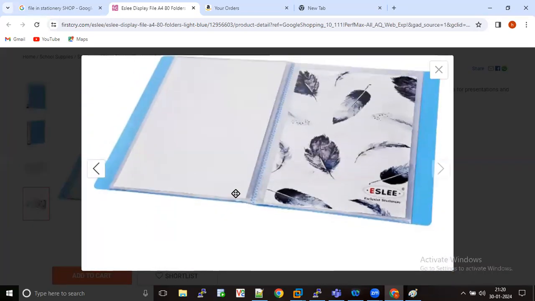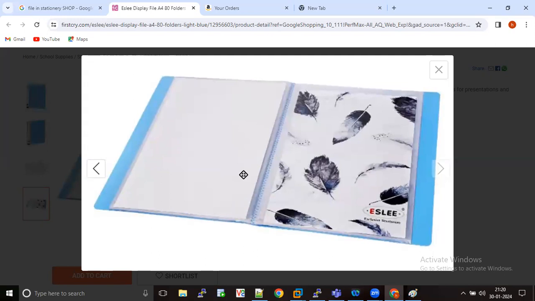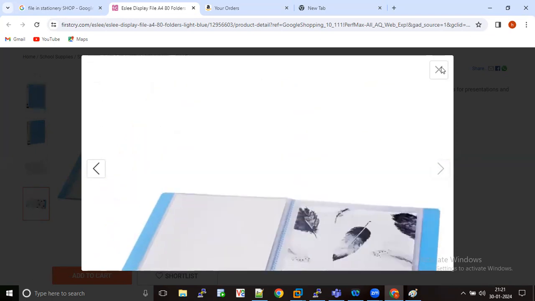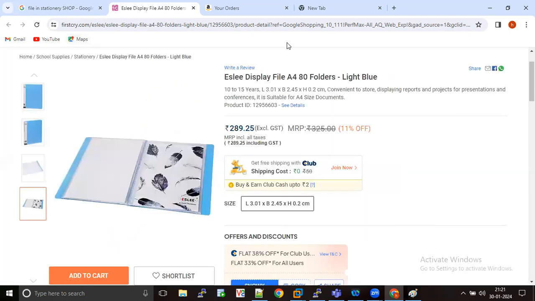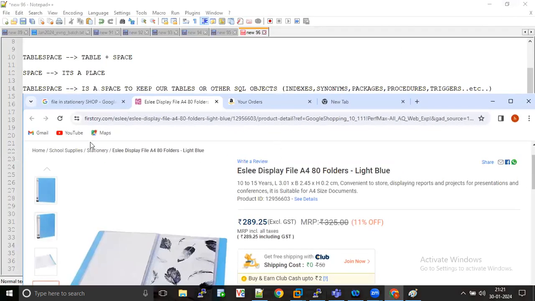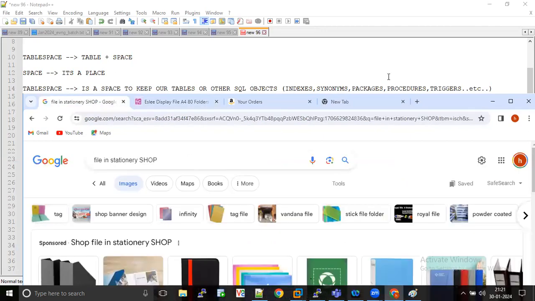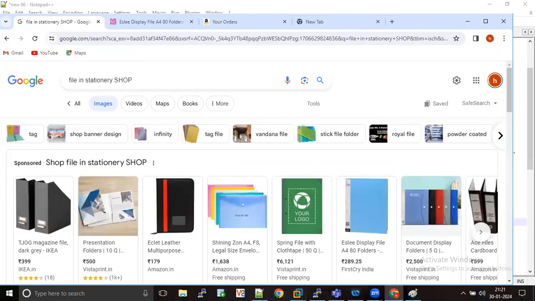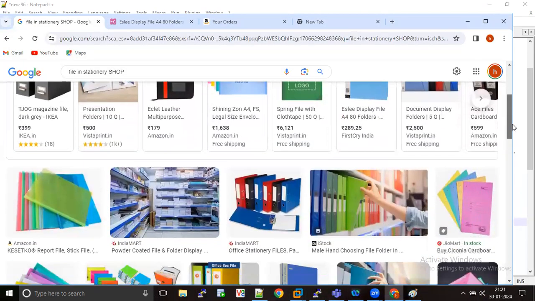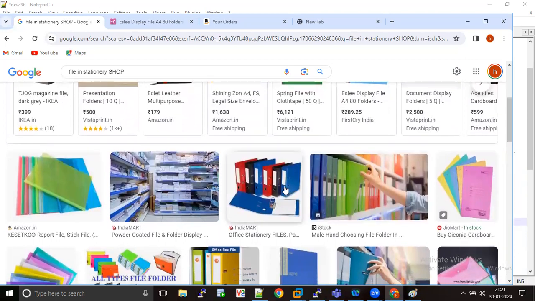In this file, we can add pages. Let's assume initially they give 50 pages, and after that we can extend it. All these days we keep our certificates and everything in this type of file. Where are you keeping the certificates? In files, right? Yes. If you take this particular file,